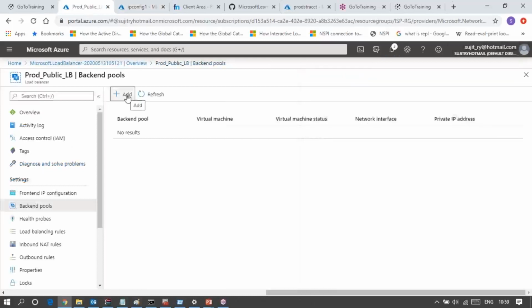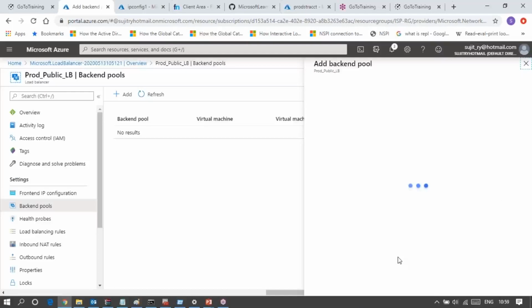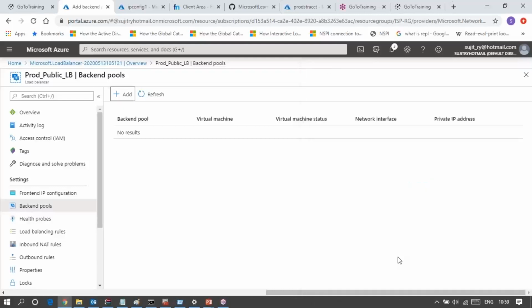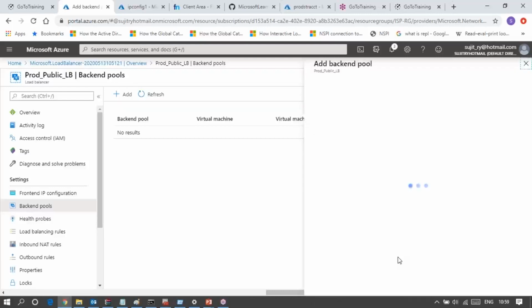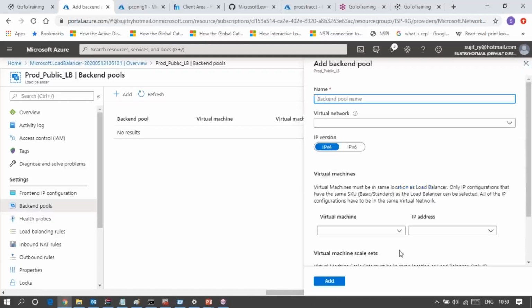Just close the area and recall it. Just wait for a while, let it be searched. Now that option has appeared. Without putting any name here, I need to choose the virtual network, I think. Okay, so I can find my virtual machine here.